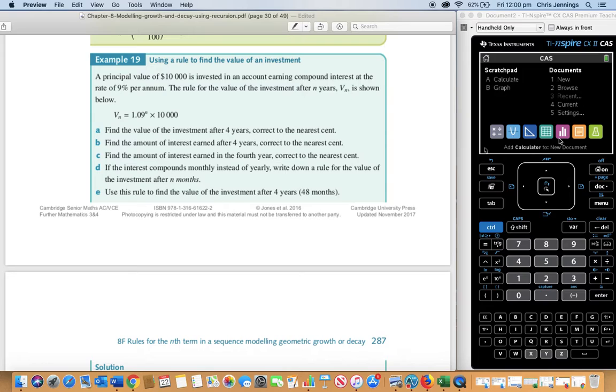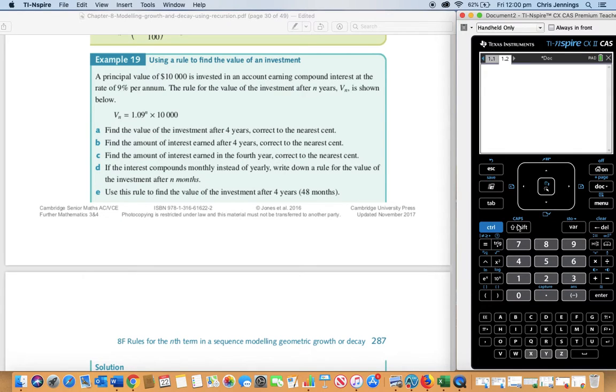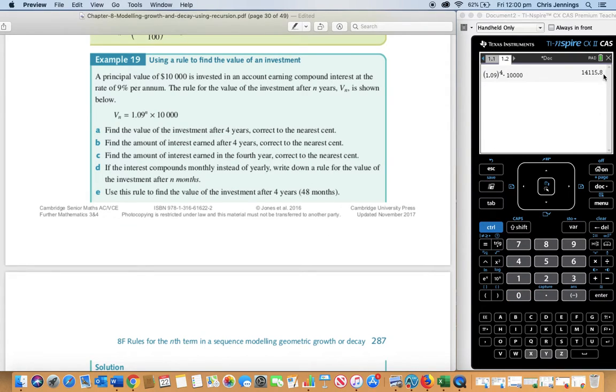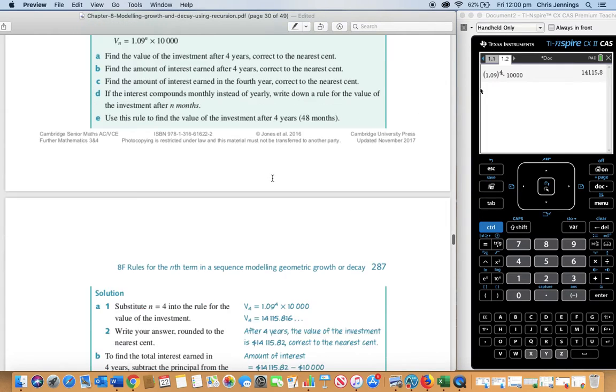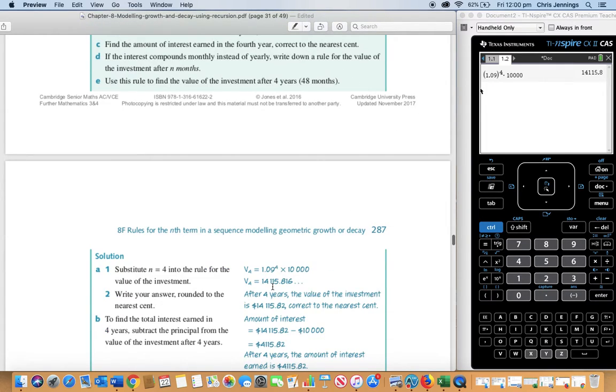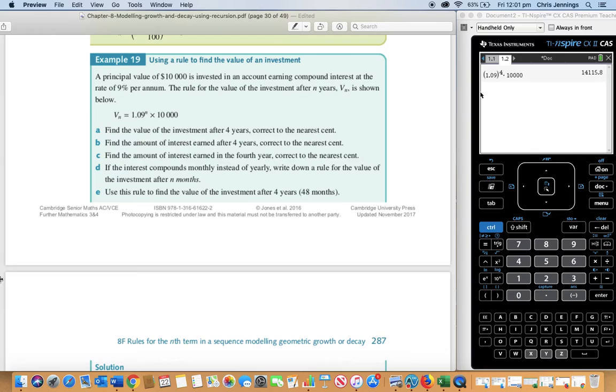So let's do this. I might do this on the CAS with you. So we've got 1.09 to the power, which is the up arrow. We want to do 4 years. That's good. Press across. Got an equal sign. And we're going to do 10,000. There's our amount. So I'd have to go to 2 decimal places for that. I'd have to change it. And if you have a look here, 8.816, so it's going to be 0.82. That's the amount there. And you'll do the same thing for